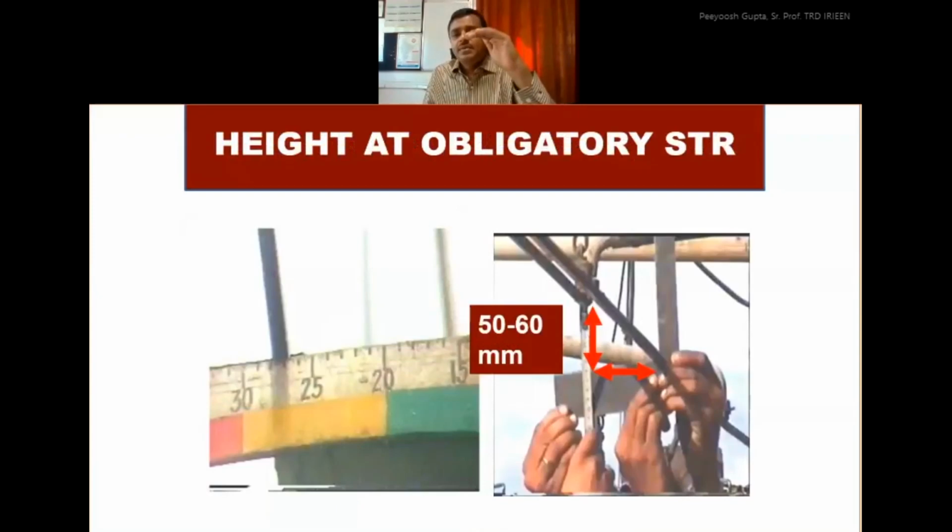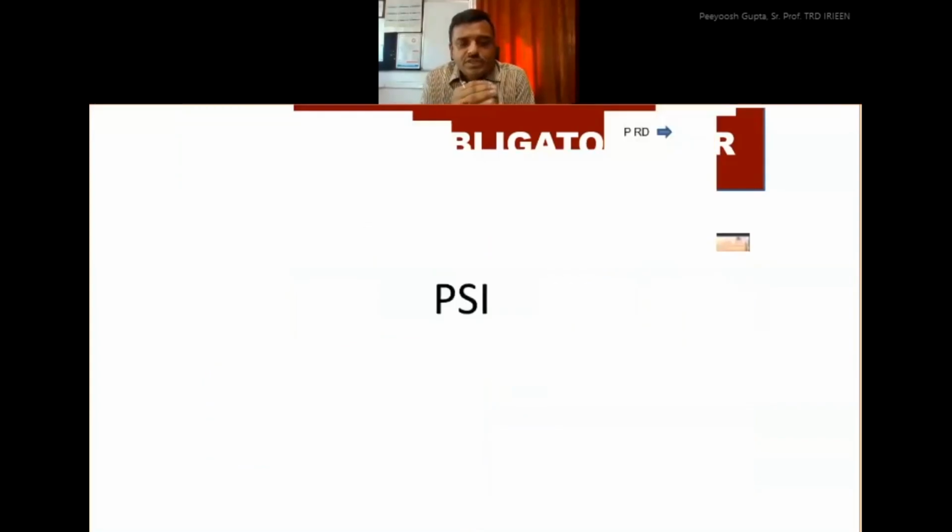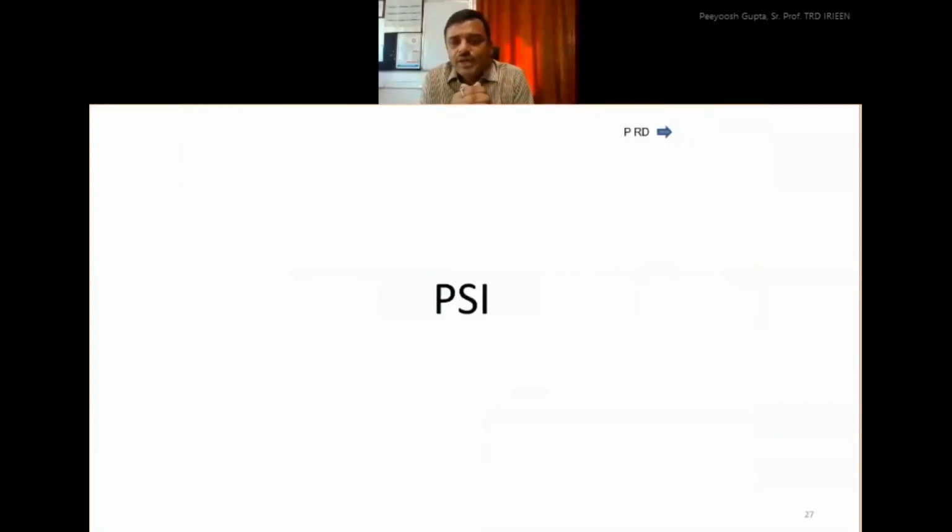And at the turnout and crossover, the height of the turnout wire is normally kept a little higher. It was earlier 50 mm, and it is going to be 50 to 60 mm because of the high speed. The push of the pantograph will be higher. So these were the proposed changes of overhead equipment, and now this is time to look